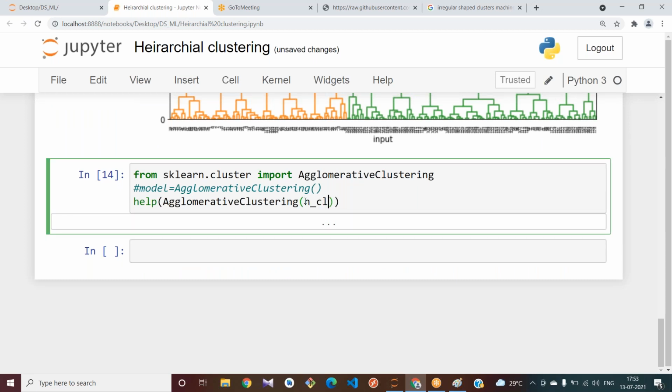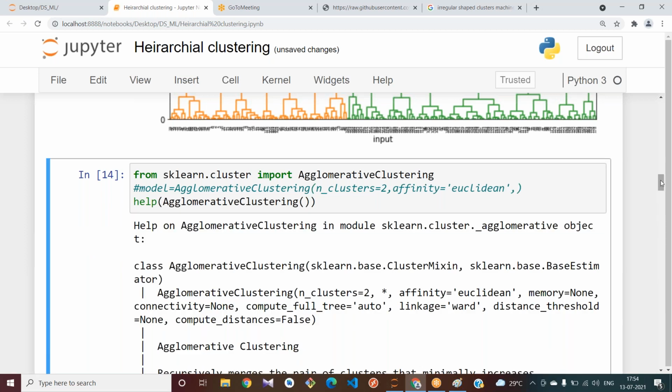First let us give n underscore clusters equal to 2, and let me give affinity equal to Euclidean, the distance measure, which is known to us. And there is also one attribute called linkage.